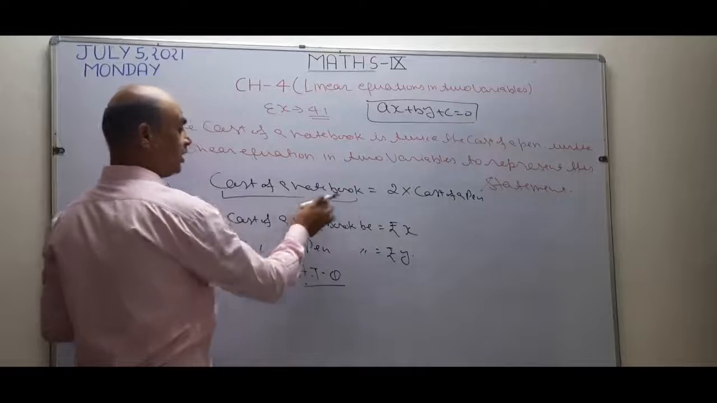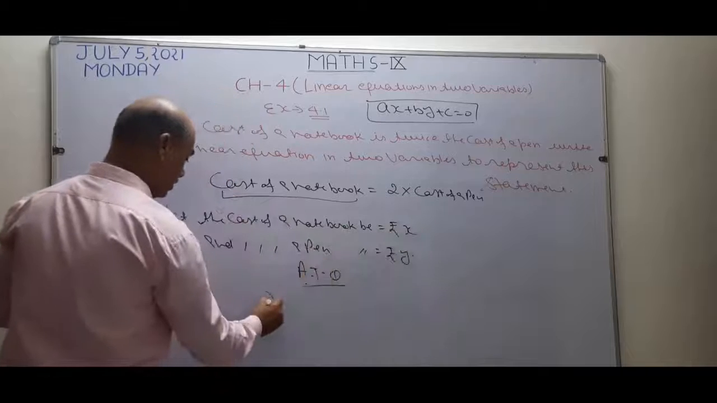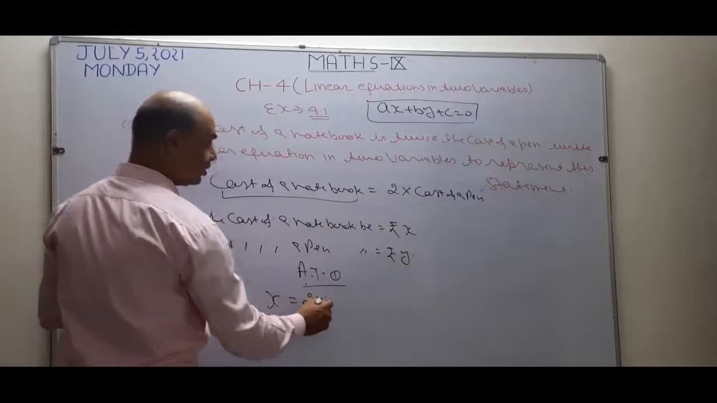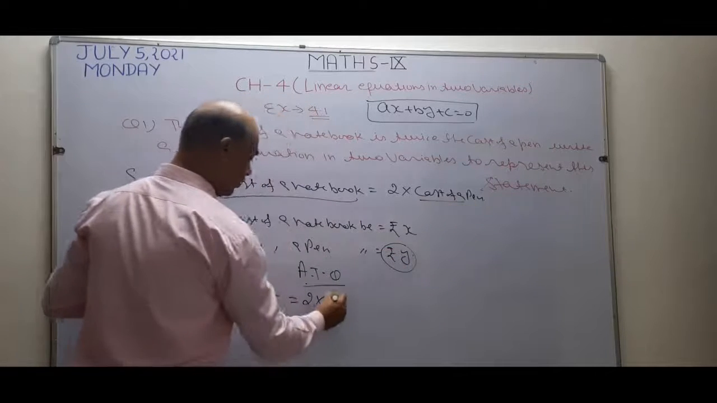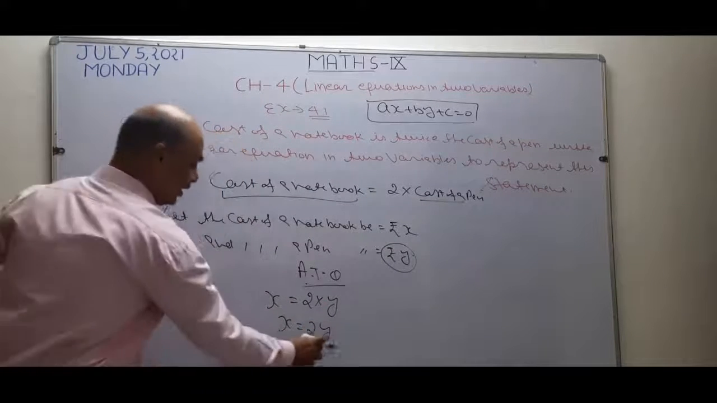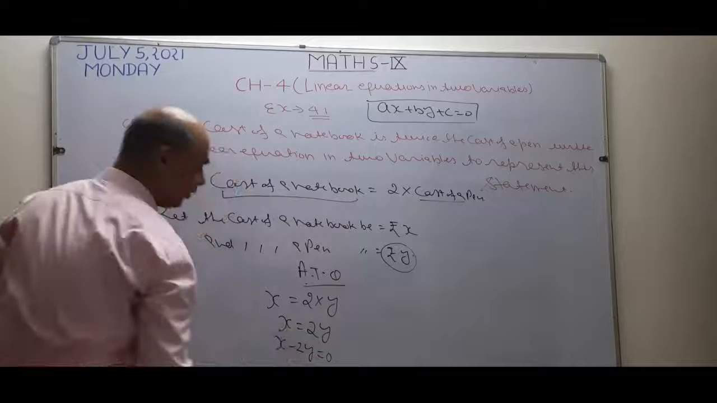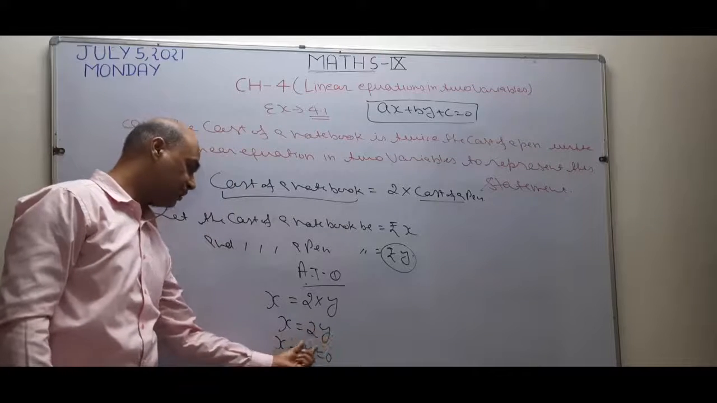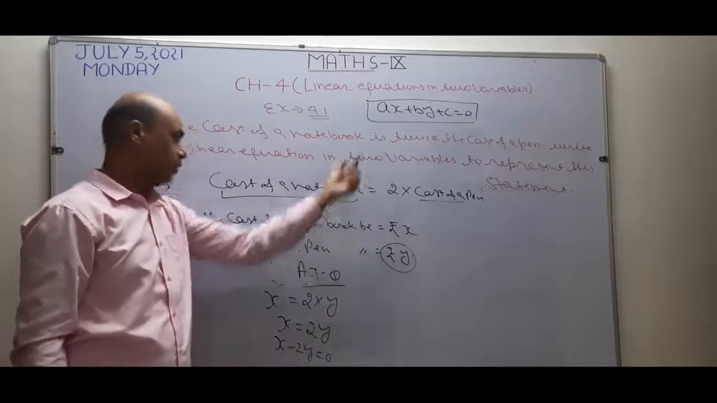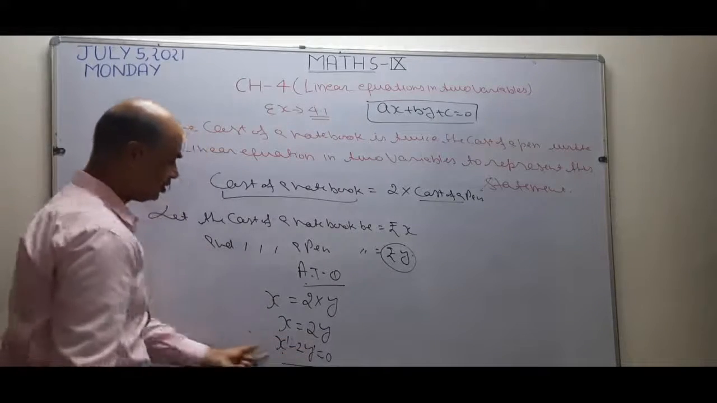The cost of one notebook is equal to two times the cost of a pen. The cost of a notebook is x and the cost of a pen is y. So this becomes x equal to 2y. I take this term from right to left, so it becomes negative, and equal to 0. When I take this complete term from right to left, 0 is left. Now see, this represents two variables, both having highest power 1. So this is the standard form of